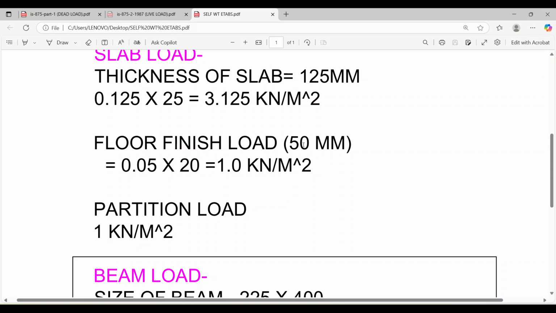Generally, we take 50 mm thickness because when you do the floor finish, there will be the mortar, and then we will put our tiles on that. So generally we consider 50 mm. Convert into meters, 0.05 into 20. Okay, 20 is the unit weight of that mortar. So generally it takes 1 kilonewton per meter square work in slope. Even if you check on Google as well,